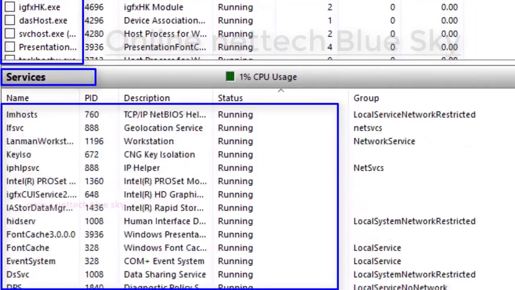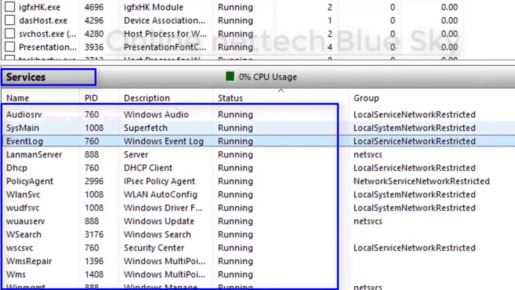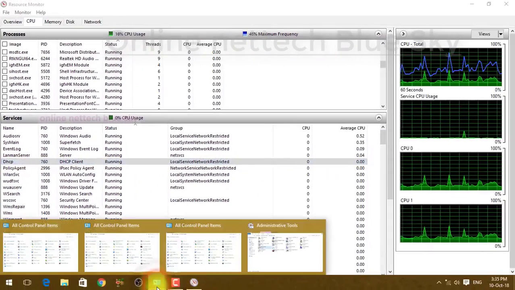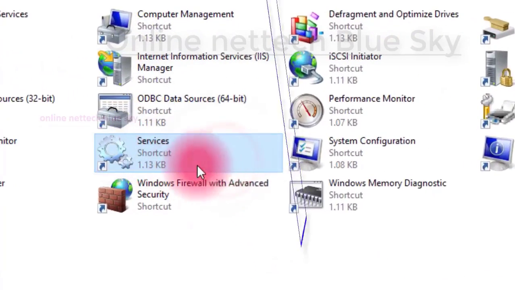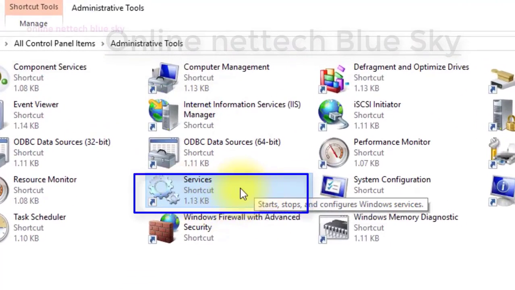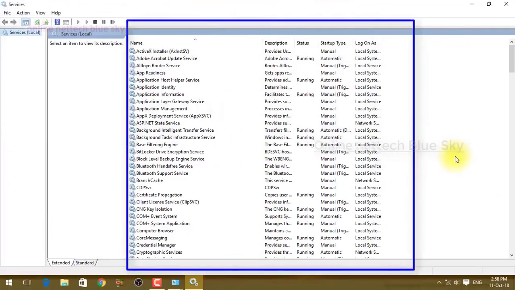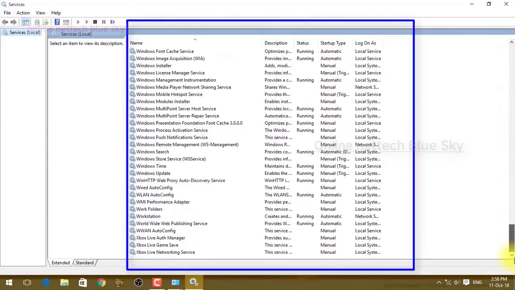Services means processes of different types, working with service files. So not only one process, but services work with both sides, output and input. You can see here, I'm just showing you this new services window. You can change services, and these are very important Windows services, but I will talk about services later, next time. Right now I'm just talking about resource monitor, but I'm showing you this services window. These are the services for your computer, the main computer services and main information.